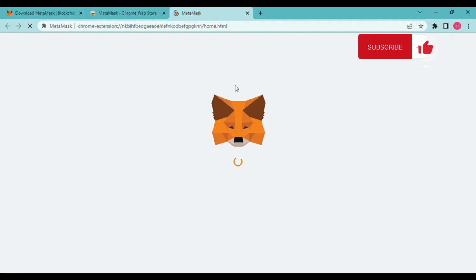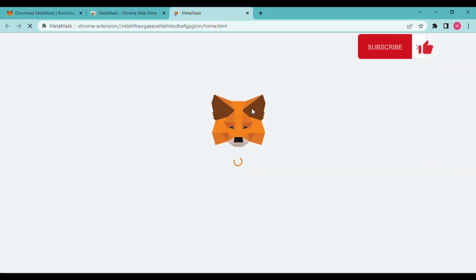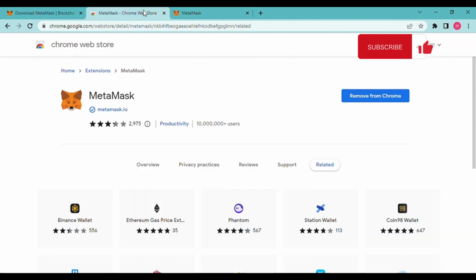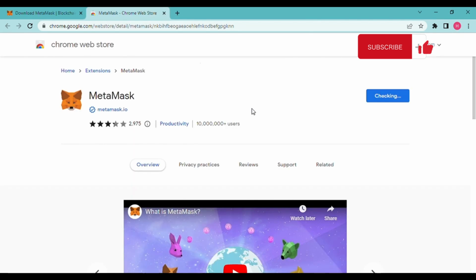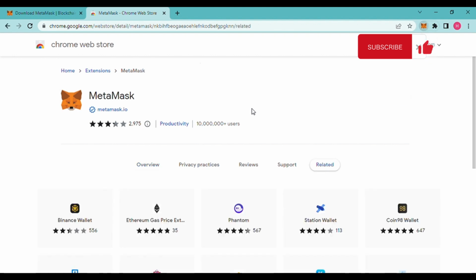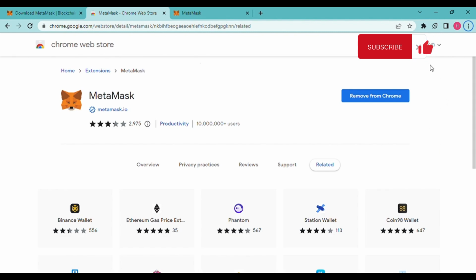So another window will pop up, which is MetaMask, basically telling you to either import an existing wallet or create a new wallet. Once you come back to the other window, you can see it's already installed the Google Chrome extension into your computer. To check that, click the extension